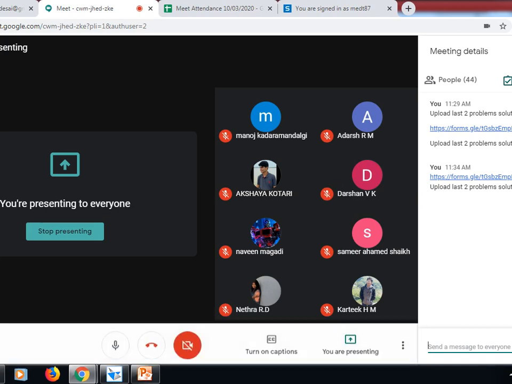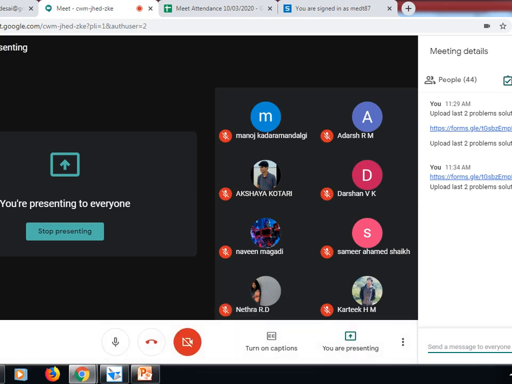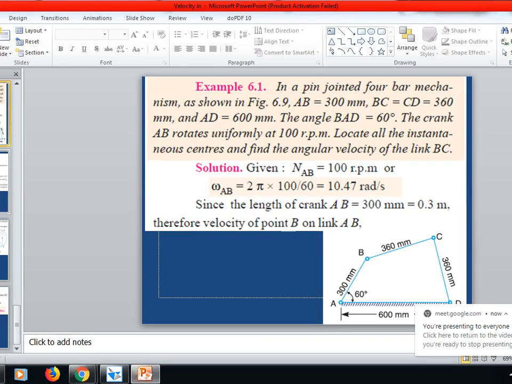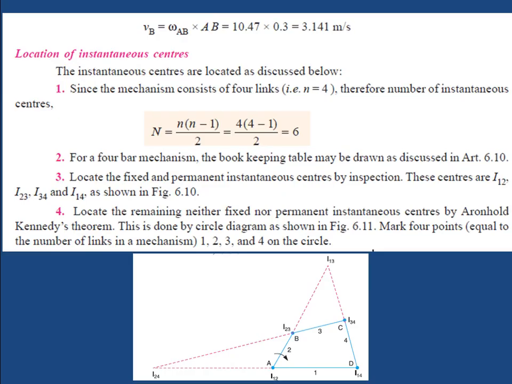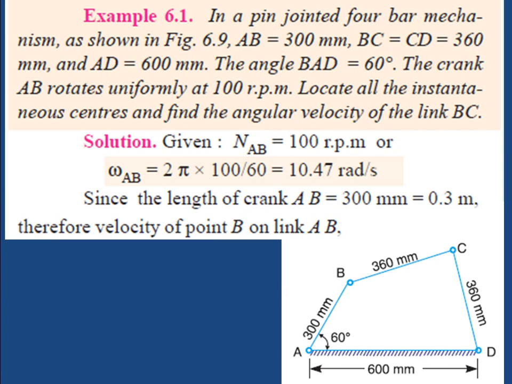So I'll just tell some of the basic things here. So I think first you should be able to clearly draw the mechanism ABCD. Okay, then you draw the combinations like this. So extend these lines correctly, then take a proper scale, and then automatically you can get the values directly. Okay, so first take down the dimensions and try to solve it.